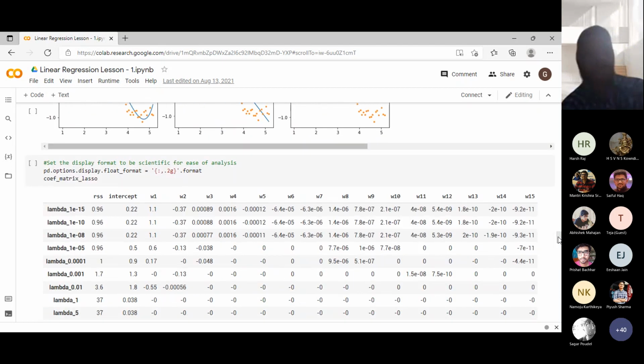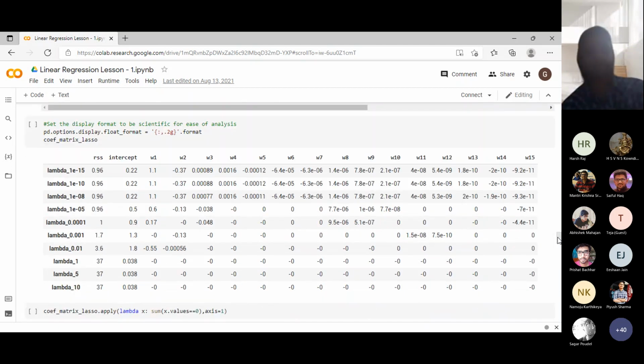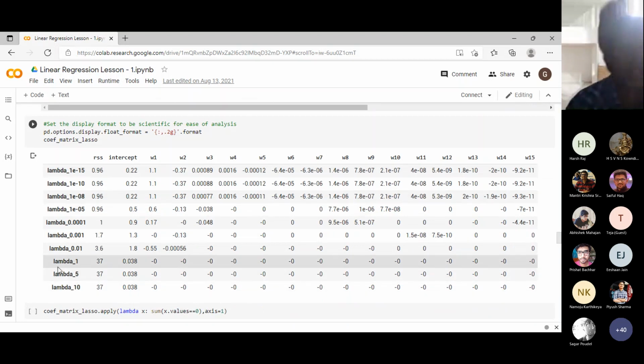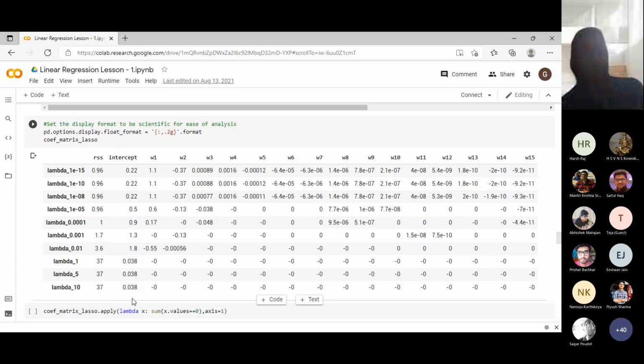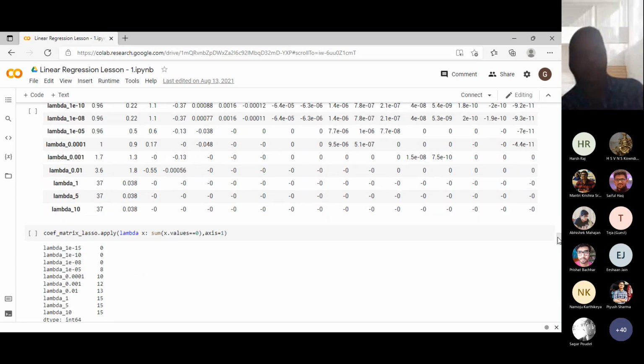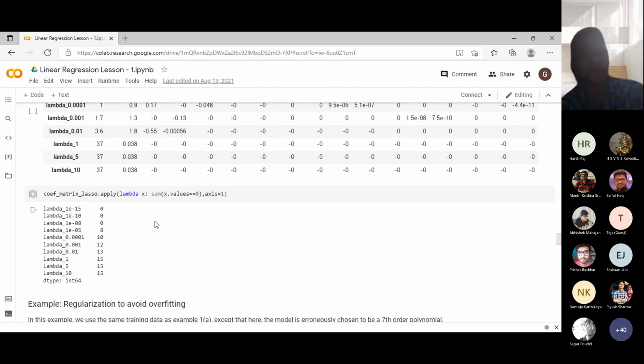If you inspect the behavior of the weights themselves, that's interesting. For large values of lambda, you'll find that lots of the weights just actually go to 0. As I said, I'll use W's and thetas interchangeably. A lot of the W's go to 0, and if I just count the number of W's that go to 0, at higher values of lambda pretty much all of them start going to 0, except maybe for 1 or 2. So this is interesting.